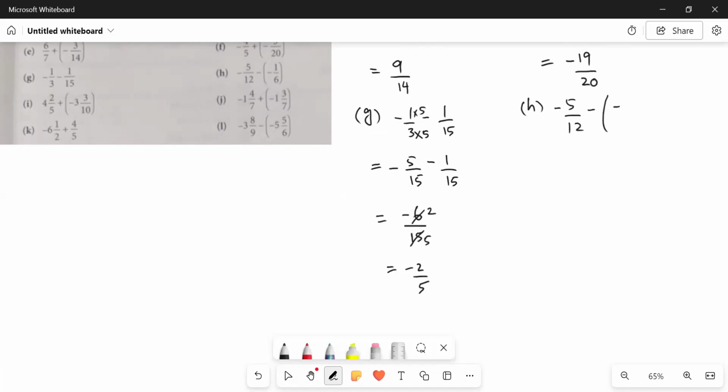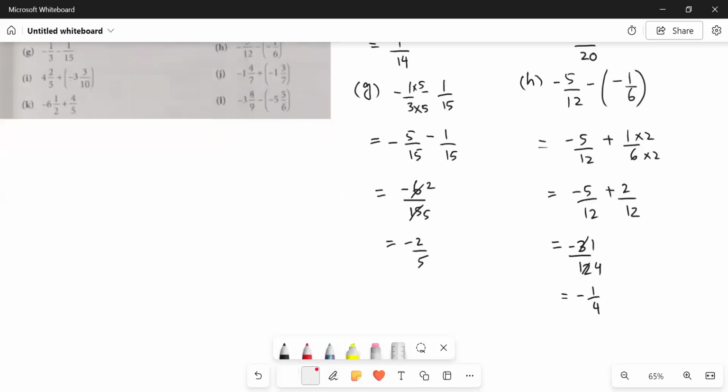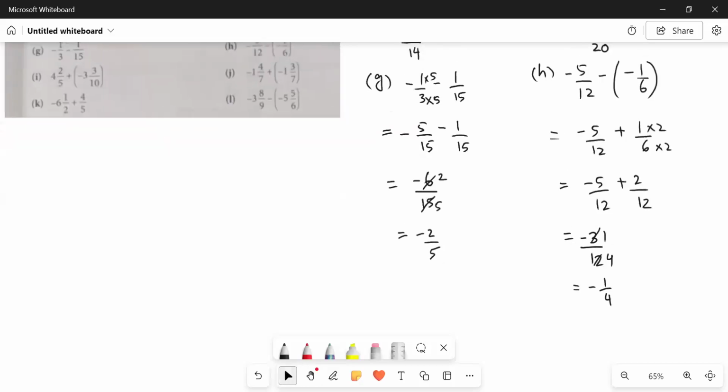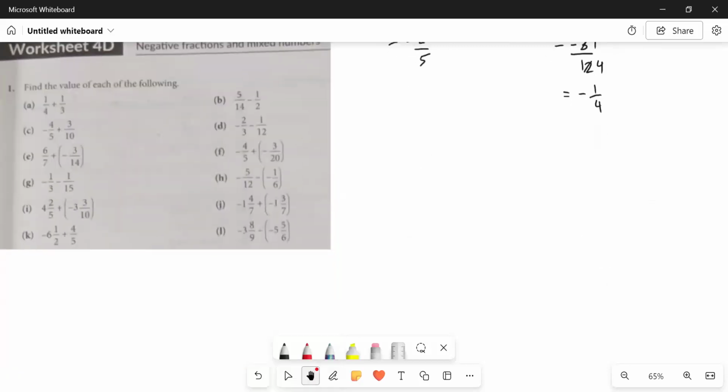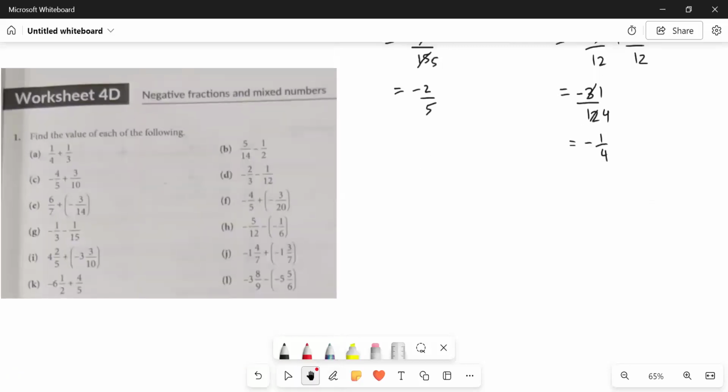Okay. Again, we have a bracket. We simply open this bracket by multiplying the signs inside and outside of the bracket, minus minus plus 1 upon 6. Make the denominator same. 6 2s are 12, 1 2s are 2, plus 2 upon 12. Now the denominators are same. Minus 5 plus 2, minus plus minus. The answer would be 5 minus 2, that is 3, with the sign of the greater number. Then 12, 3 1s are 3, 3 4s are 12. So the answer would be minus 1 upon 12. See, the more practice you make, the more master you'll become. Okay.